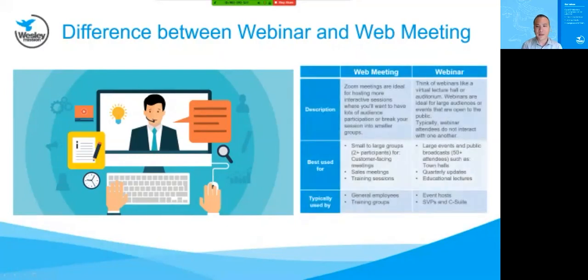Web meetings versus webinars. So web meetings are usually for smaller groups of people or teams. This week I used the web meeting with 5 or 6 people, and it was really good. Once we got to around 10, it was really hard to control the environment and talk to everyone. So web meetings are a lot smaller, webinars are a lot bigger. And as I can see in terms of attendees, we have 30 people logged in right now for this webinar. And that's really good because we had a registration of around 34 people. So we've got a few people